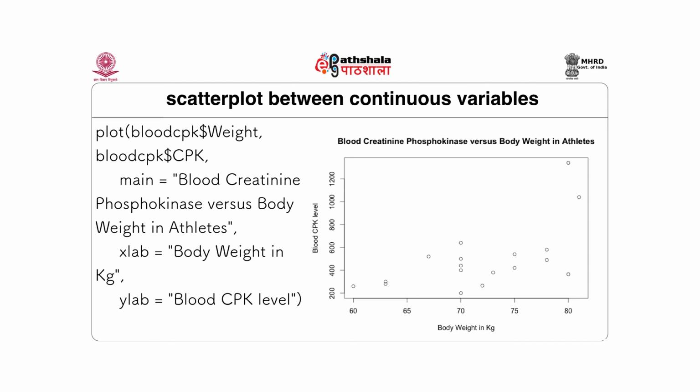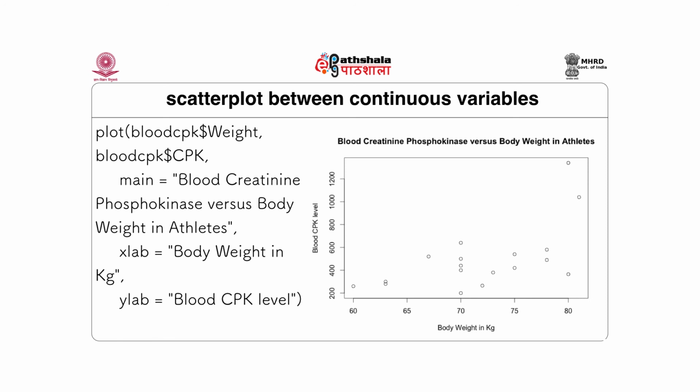You can see that the body weight is given in kilograms, and blood CPK level is given in the y-axis. And this scatter plot is going to show you that there seems to be a rise in the CPK with body weight. So the heavier the athlete is, the more will be the output of creatine phosphokinase, that is, a